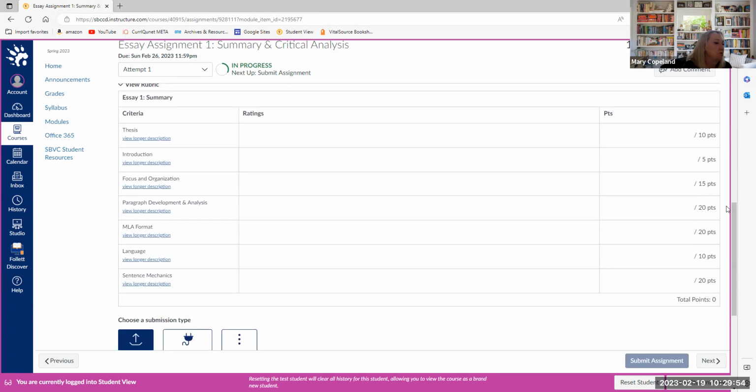I think a lot of times students don't look at the grading rubric, but knowing where points are going to be assigned is so helpful. Your thesis, a clear thesis is worth 10 points. An arguable thesis, a thesis that fits the criteria. Paragraph development and analysis, that's 20 points. Sentence mechanics is 20 points. And this changes with every essay. So you want to be sure that you check that out